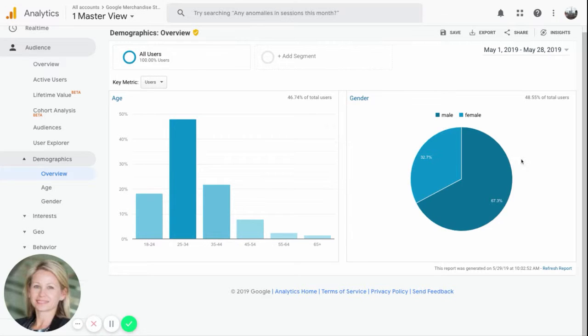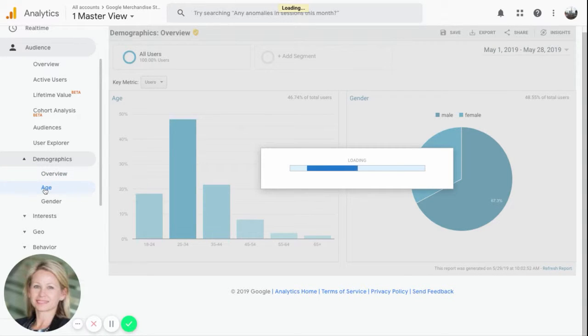And over here, we've just got a nice, easy visual of the gender split. So 67% male and 32% female in this particular case. So quite good to have a look at that. And then we can break this down a little bit more. Just click on age